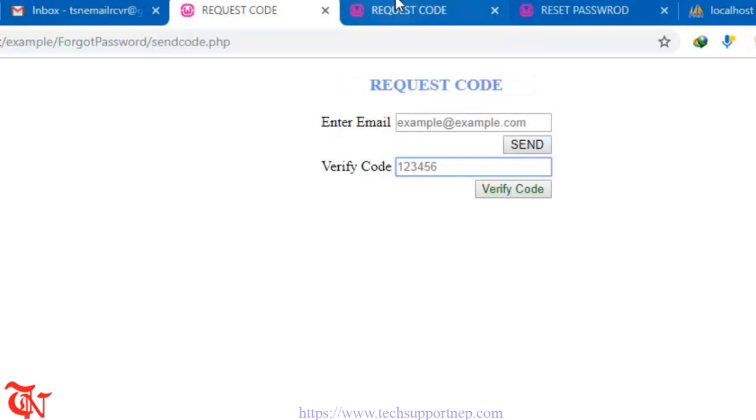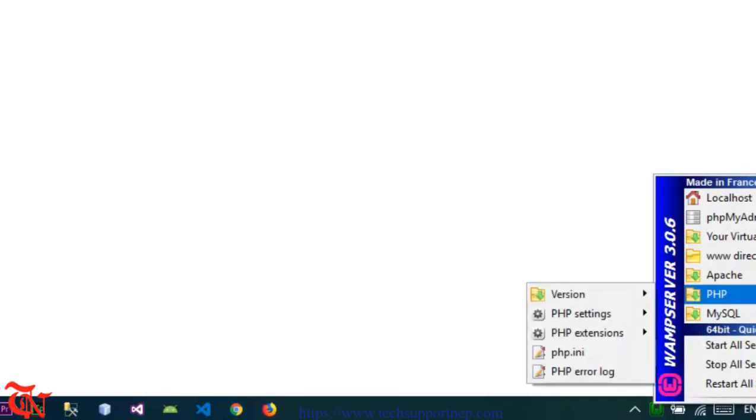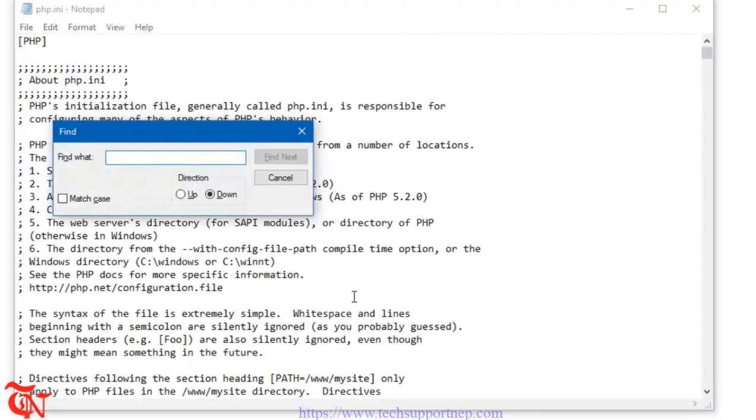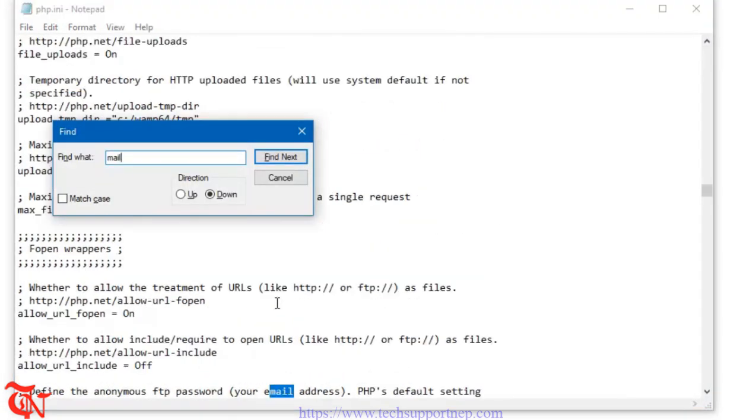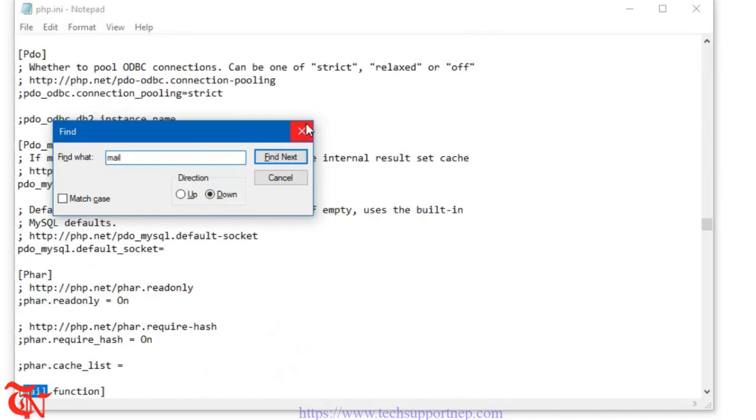So now, when the user clicks this send button, we are going to send an email. That means we are going to send an email using PHP. In order to send an email using PHP, we need to do a little bit more things. Here we need to change the php.ini file. So go to your server, php, and then php.ini, press Ctrl+F, find the mail function, and here we need